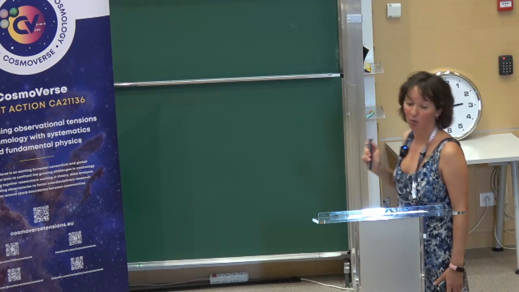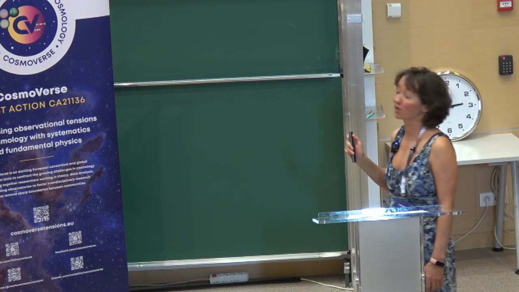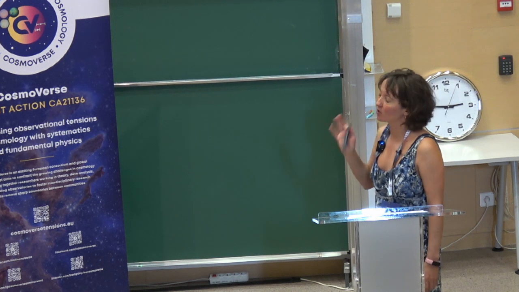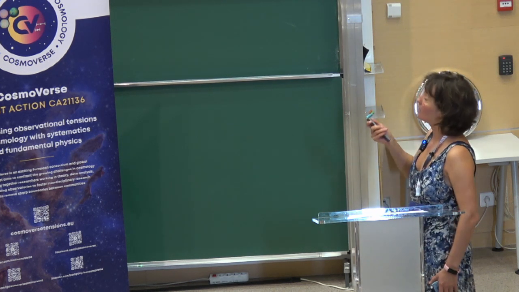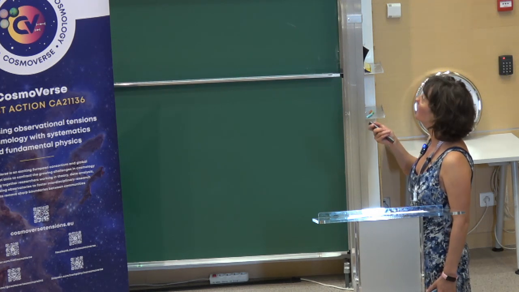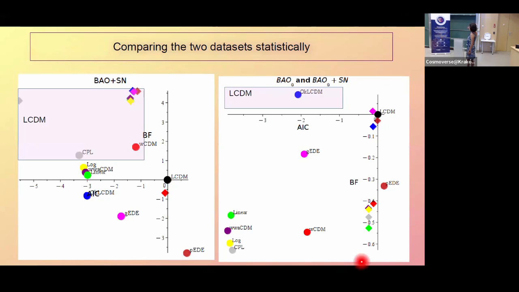As I said, wwCDM with these data sets is not doing well because you cannot constrain wa at all. So basically, whatever you do, it's not going to look very good. I haven't tested it with the DESI points yet, so I don't know how it's going to look in this case. But anyway, now on the right, you can see the 2D data.